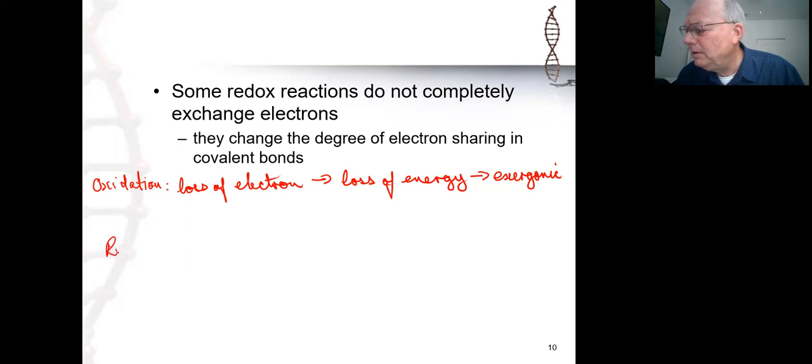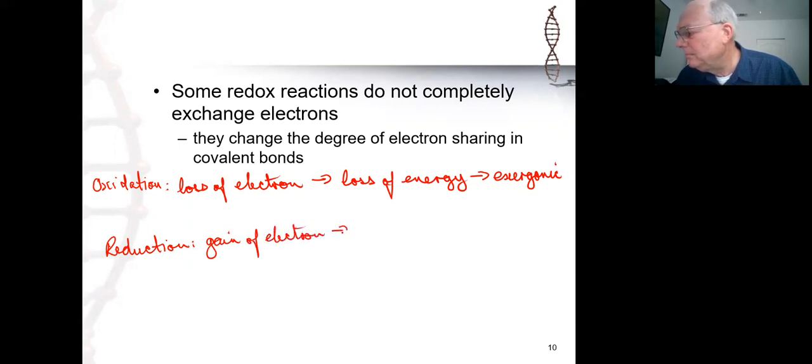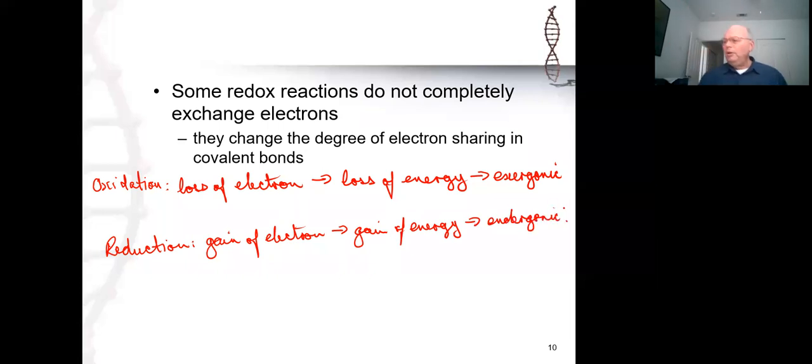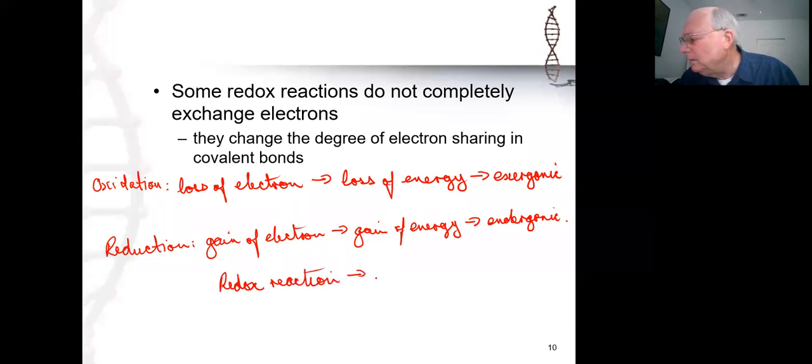And then down here, reduction. So a redox reaction is a coupled